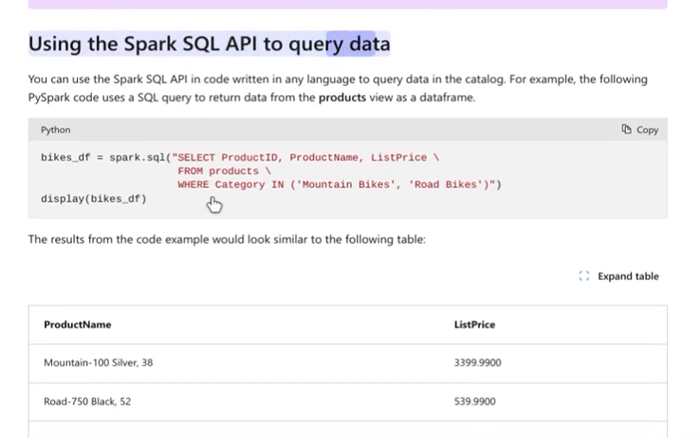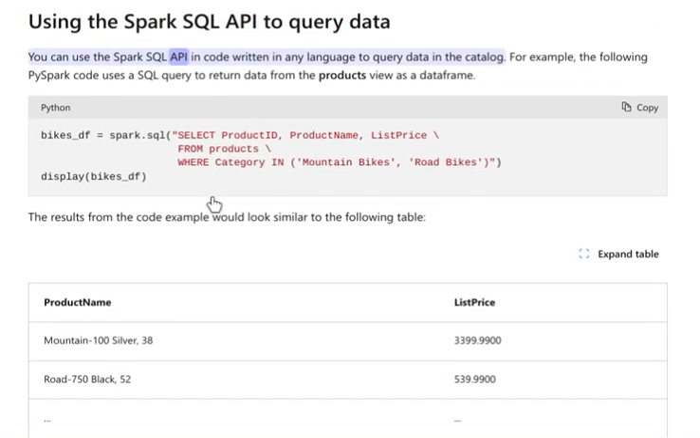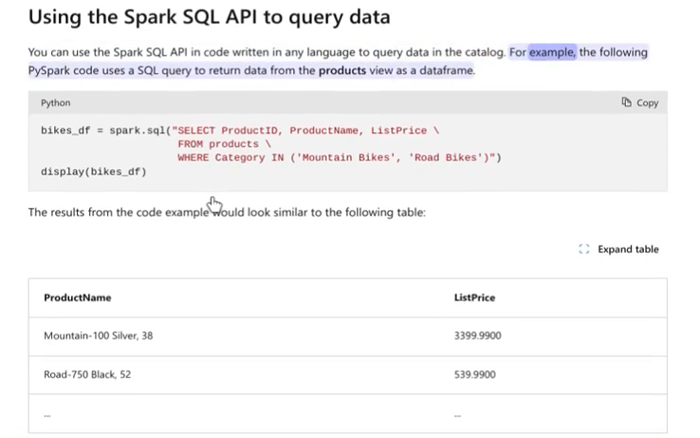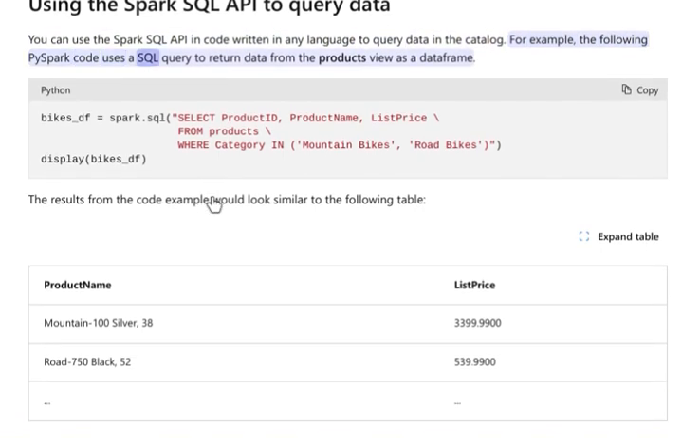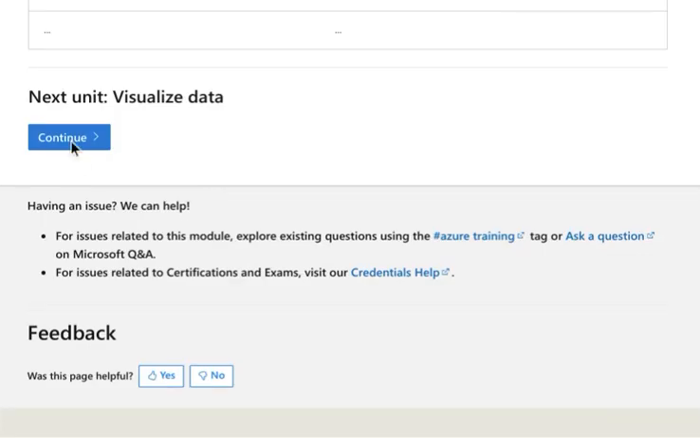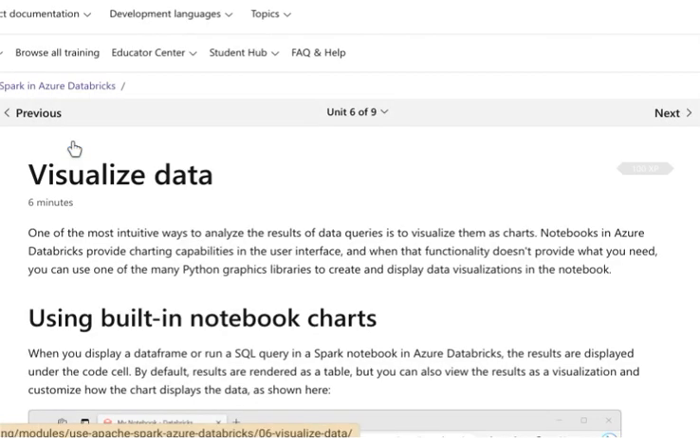Using the Spark SQL API to query data. You can use the Spark SQL API and code written in any language to query data in the catalog. For example, the following PySpark code uses a SQL query to return data from the products view as a dataframe. Python: bikes_df equals